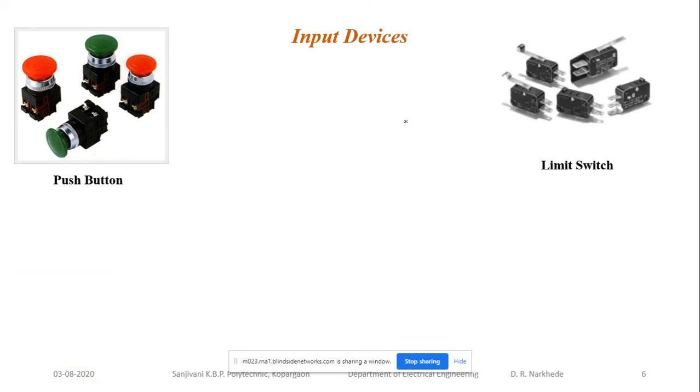Say I want to control the system automatically. This is manual system. इनपुट डिव्हाइसेस मध्ये आपण जेव्हा पुश बटन यूज करतो तेव्हा आपल्याला labor किंवा we require the operator who is going to press the switches. So it is a manual system. But if I want to make the system automatic, okay, so I'm going to use this type of switches. This is called as the limit switch.